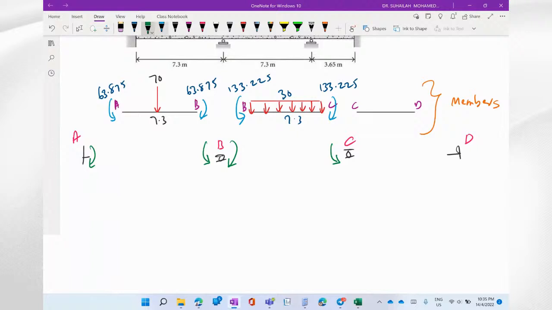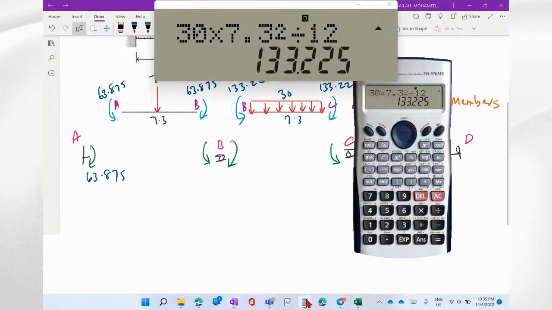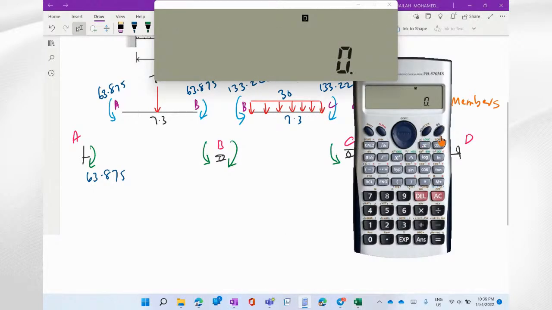So the value will be 63.875 and 133.225, and the total is 133.225